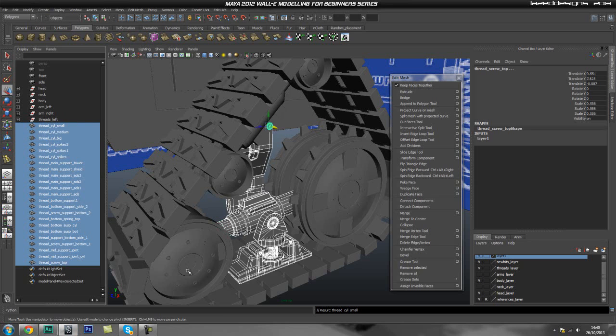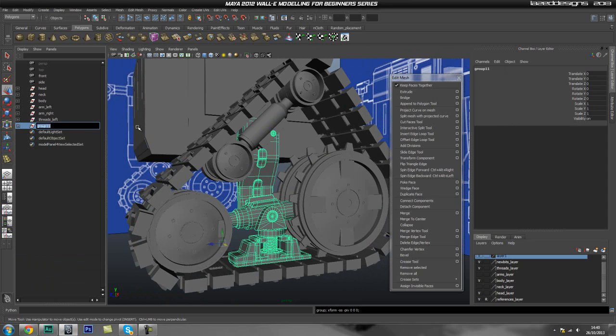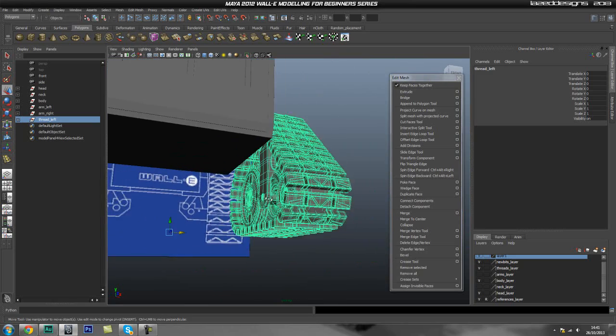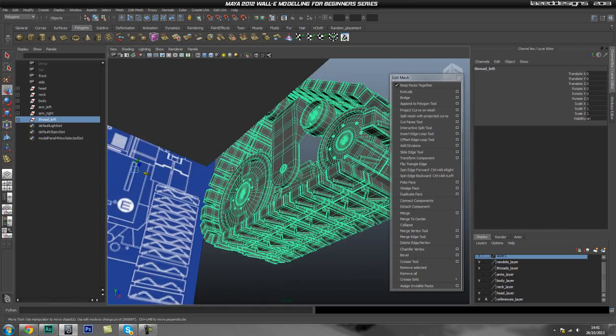Okay, so this is all grouped. Let's go ahead and select them all and group it and name it thread main support, and then group these two together to get our thread. Thread left, and we can also go ahead, if you want, duplicate it over, but I'm not going to duplicate